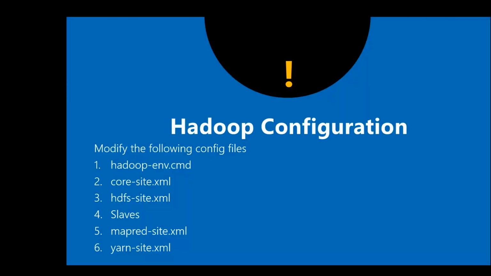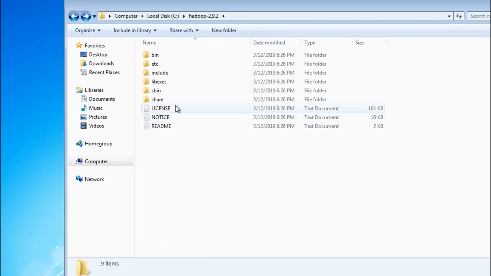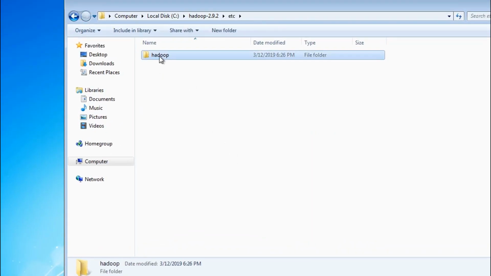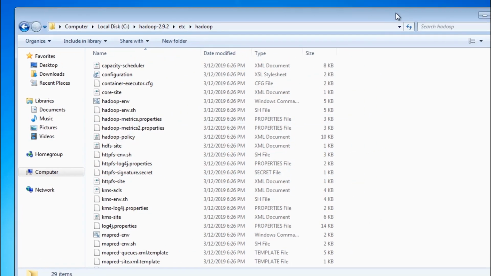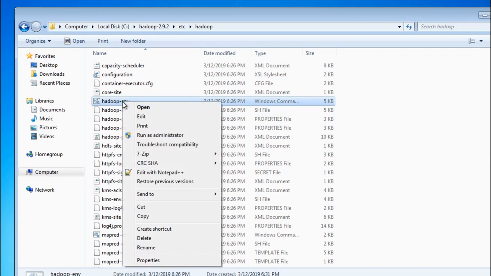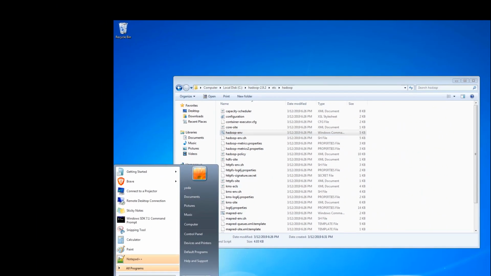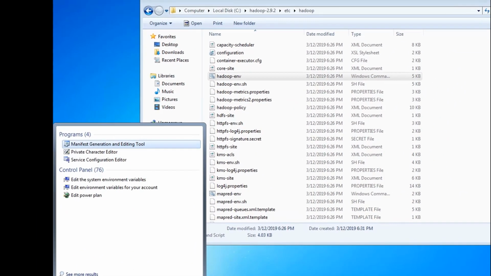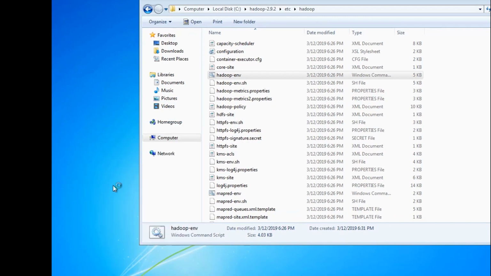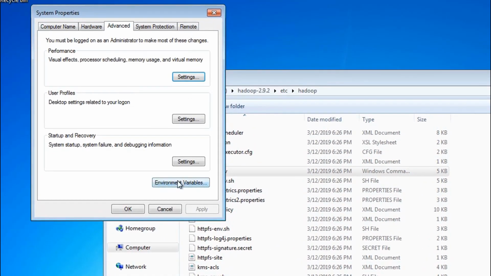As the build is complete, now let's go and modify all the required Hadoop configuration files. Now let's go to etc/hadoop. Let's open hadoop-env. We need to add HADOOP_HOME to the environment variables.